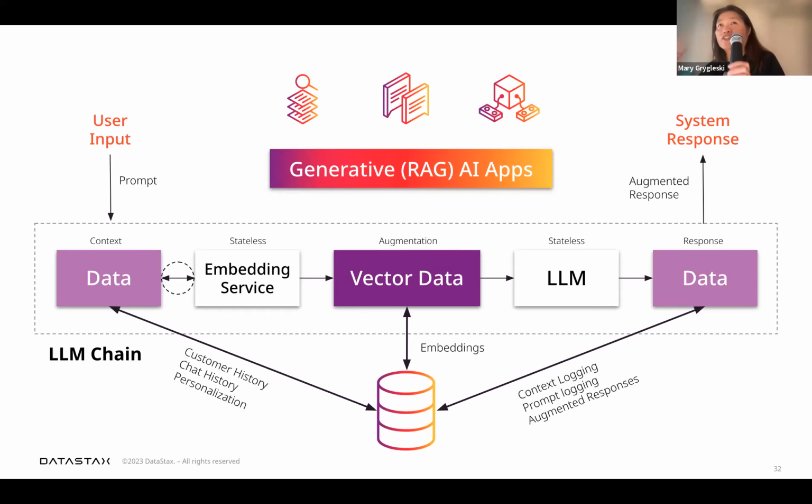But again, I like to recommend DataStax because we're built on Cassandra as a NoSQL database, so the infrastructure is really strong and proven. Over here, as you can see, in the vector database you store all of the embeddings, and you can see the flow like that. It helps too.